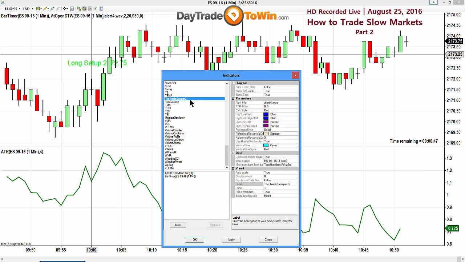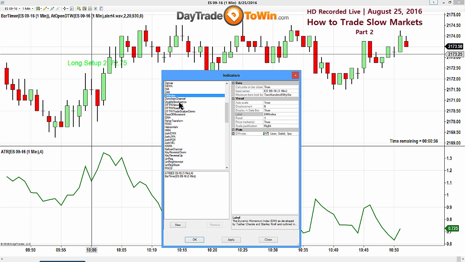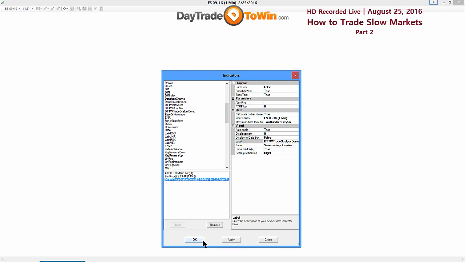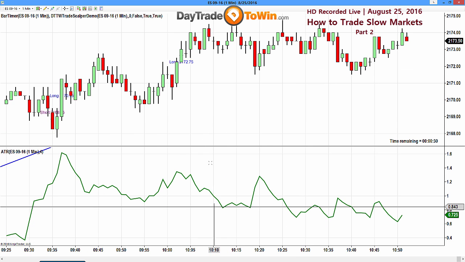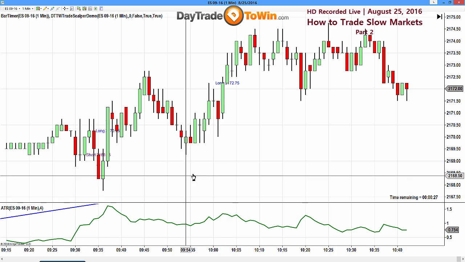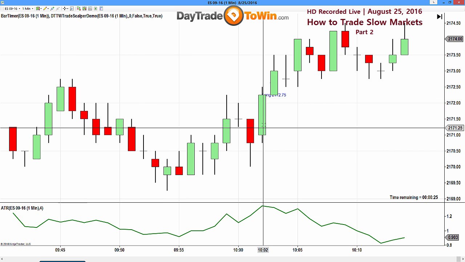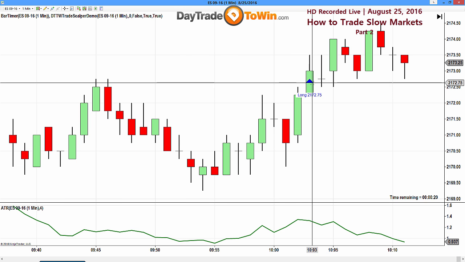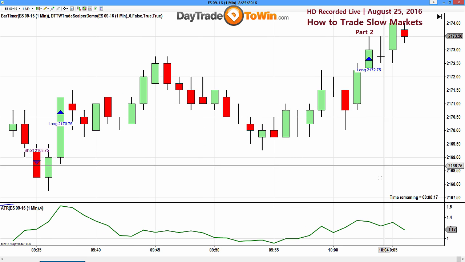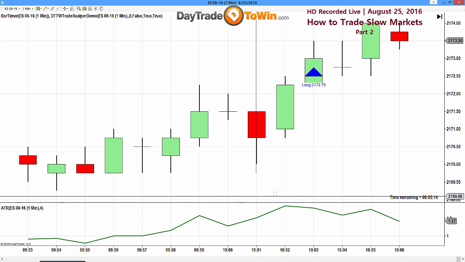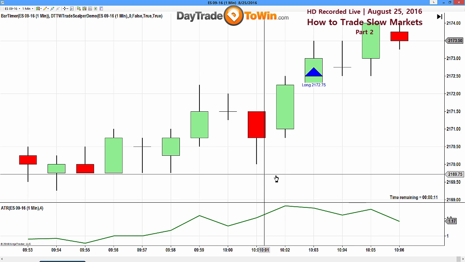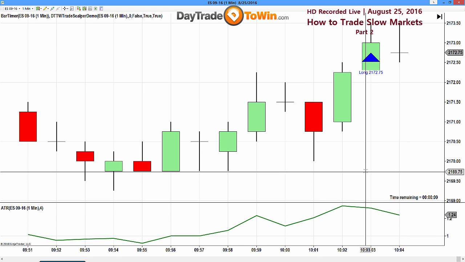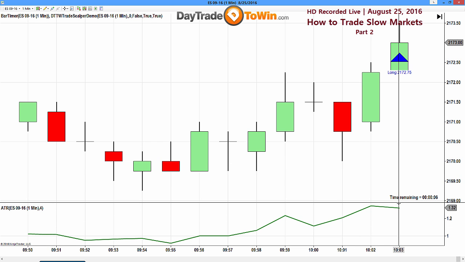So this is the trade scalper version that everyone gets, and the one that I'm going to show you is the demo version, which is right here, and this is the signals here. Okay, minute chart, scalping, right? We're using a 1 minute chart. So look at this signal here for a moment. Here to go long at 21.72.75. So this signal that happened here, 21.72.75, if I look at the current conditions, they tell me right off the bat that the market is at 1.25.